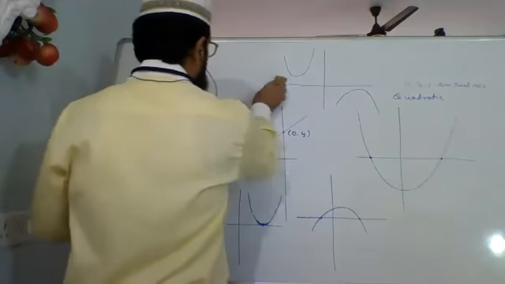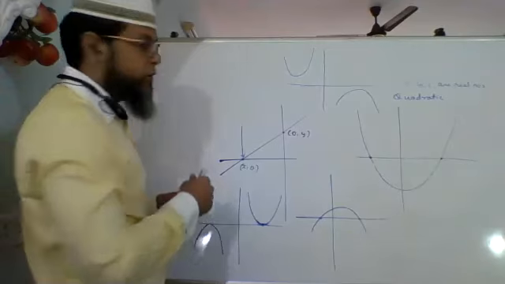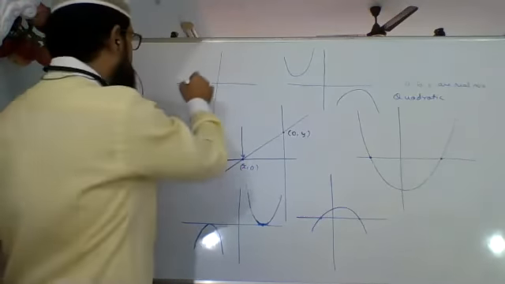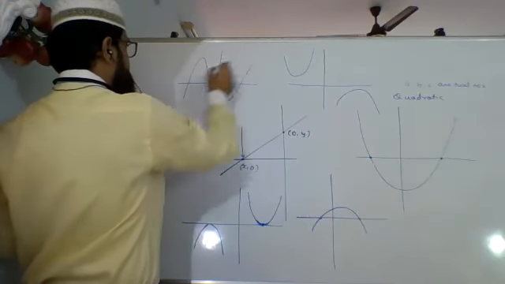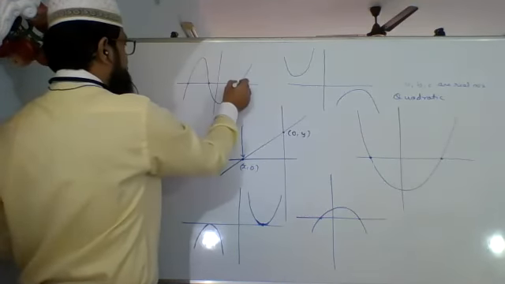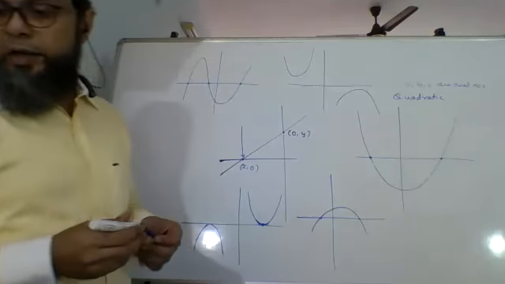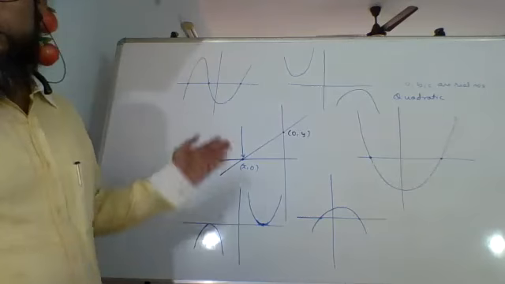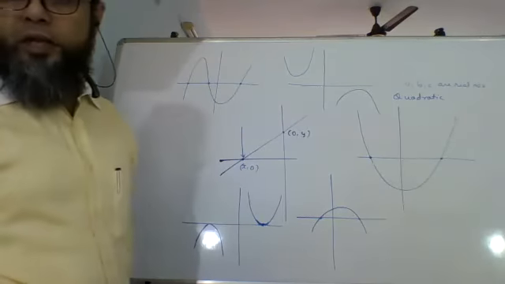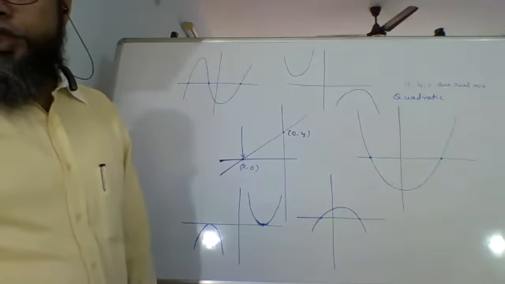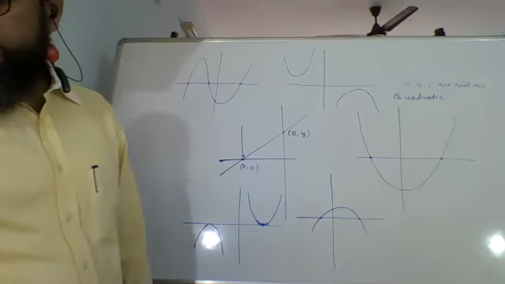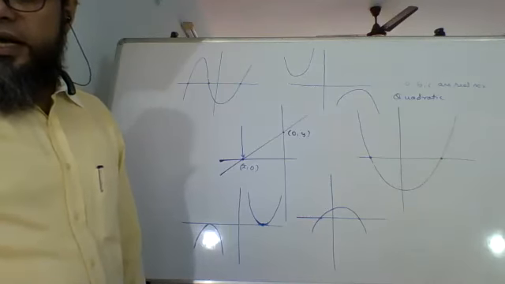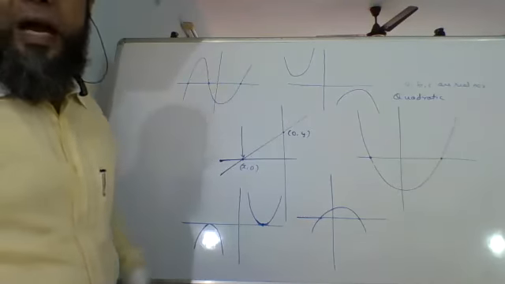In case of a cubic polynomial, there is one possibility. Of course, there are multiple possibilities, but normally it will be something like this. So you have 1, 2, and 3. Are we clear? This is how the zeros of the polynomial will be represented geometrically or graphically. The polynomials and the zeros can be represented graphically in this manner.